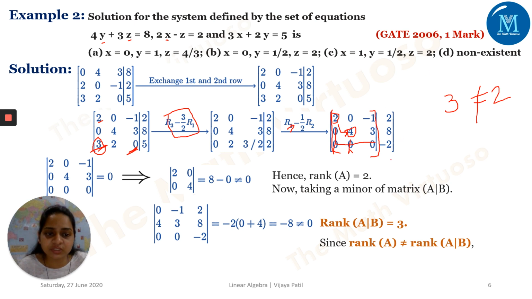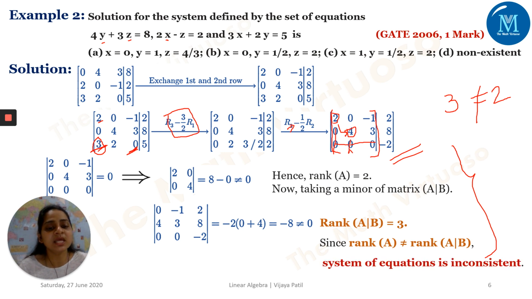So if you know this echelon form, it's not required for you to go ahead with this many calculations. But yes, most of the students find it difficult to go ahead with the echelon form. But believe me, if you understand the echelon form or the normal form properly, then there will not be any problem. Just by looking at the matrix, you can say that the rank of this matrix is 2, and the rank of the other matrix is 3. You can easily say that because you can do those calculations in your mind if you train your mind in such a way.